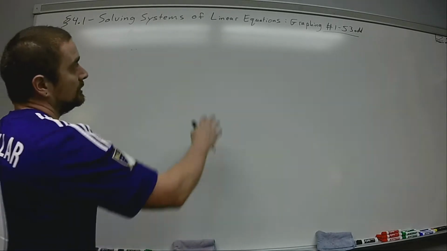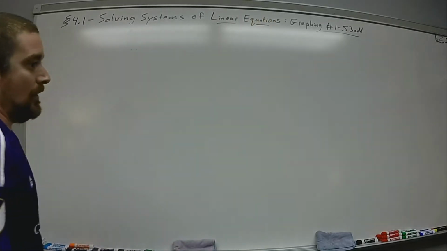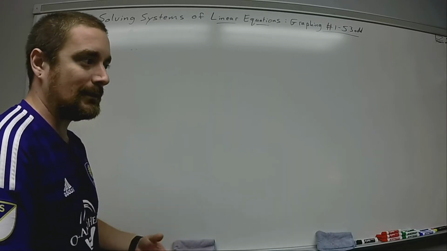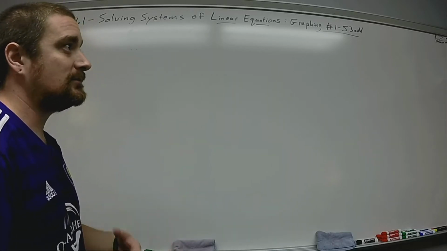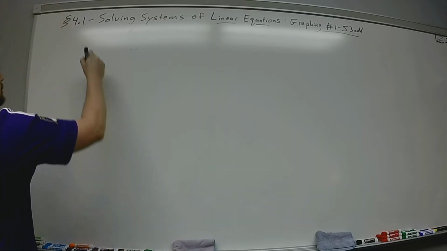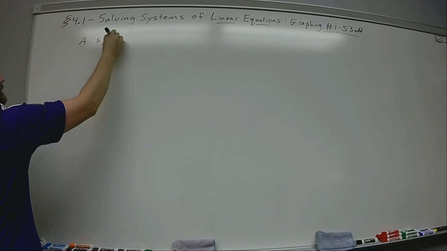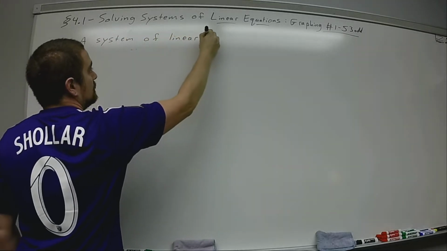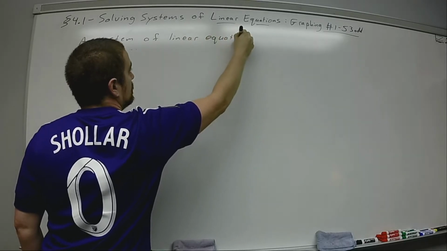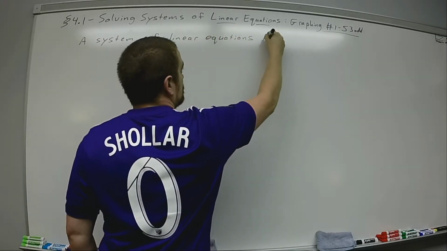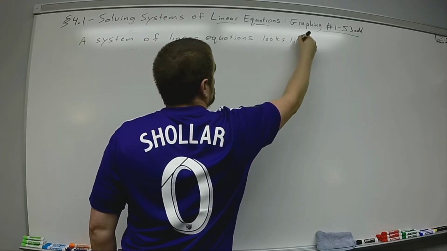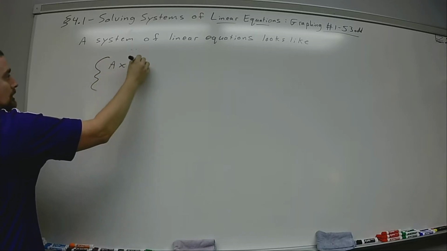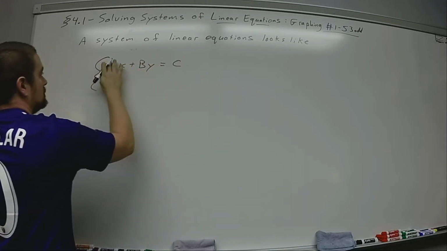Now, we've already solved the linear equations, but we haven't seen a system of equations where we have to solve more than one linear equation at the same time and satisfy both. So a system of linear equations looks like two equations that are linear